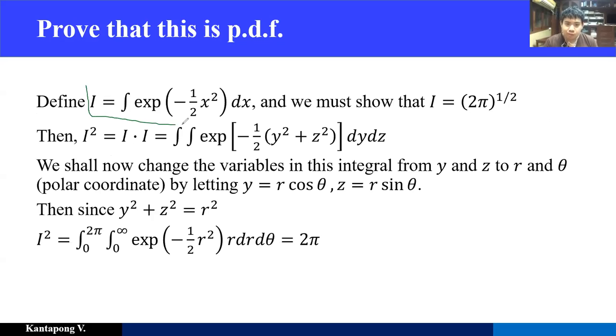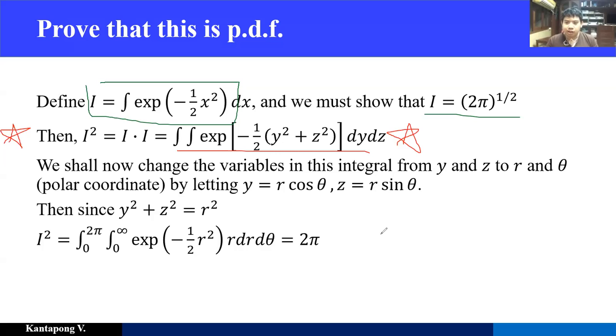But let's say we define I to be this one, okay? For simplicity, and we must show it. This one is a trick. If you use all of the calculus class strategies, you cannot solve it, because this one requires solving something like this. We don't know I, right? We just multiply to get I squared. So you may ask, does it work? Usually it doesn't, but in this case it does. And we get this kind of thing here.